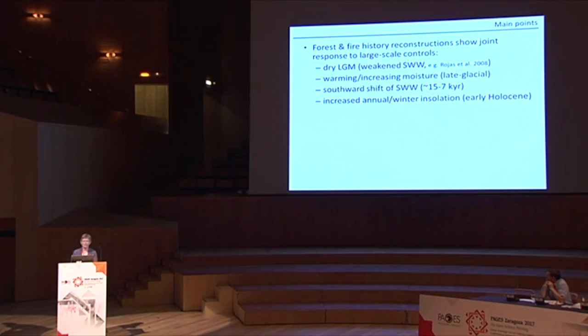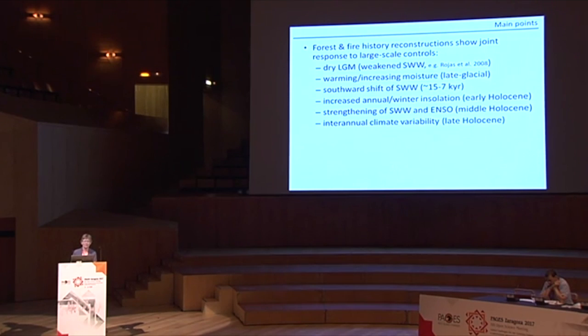Increased annual and winter insolation create this warm, dry early Holocene, and winter insolation is probably a really important part of that, and how dry or warm conditions in winter then carry over into the summer fire season. But this is a time of high fire activity in both regions. You see the strengthening of the southern westerlies and ENSO in the middle Holocene, shown by the changes in vegetation and the low fire activity. And then finally, the higher climate variability in the late Holocene is a very strong signal